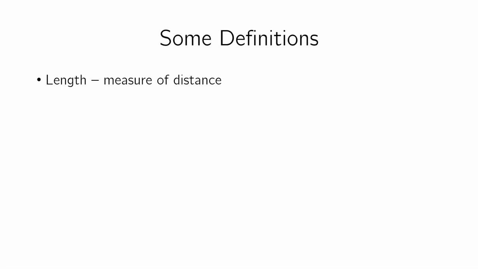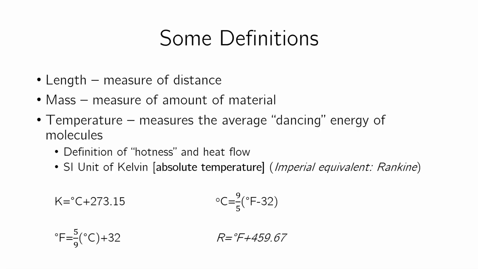So let's talk a little bit about definitions. Length is just when you measure distance between 2 spots. Mass is how much of a material you have. You put it on a scale, you measure the amount of it that way. Temperature is a little bit different, and so I'm going to try to define this for you now. This is basically, imagine I look at a